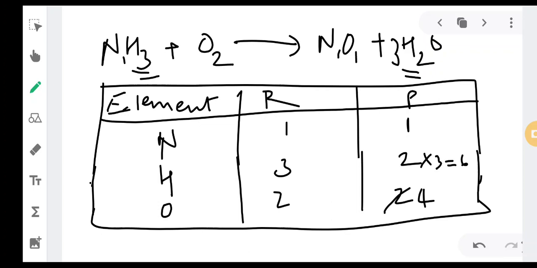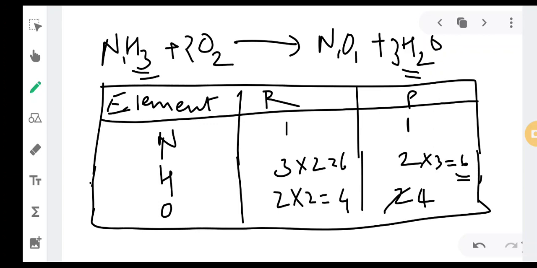So in the reactant side, to balance this hydrogen on the reactant side, what you need to do? You need to multiply it with 2. Okay, if you multiply this with 2 it will become 6. Okay, so now hydrogen has been balanced, but what has become unbalanced is oxygen. So what has happened to oxygen is nothing but oxygen has become 2 on the left hand side and 4 on the right hand side. So how you will make it as 4? You will multiply this with 2 and make it 4, say suppose.